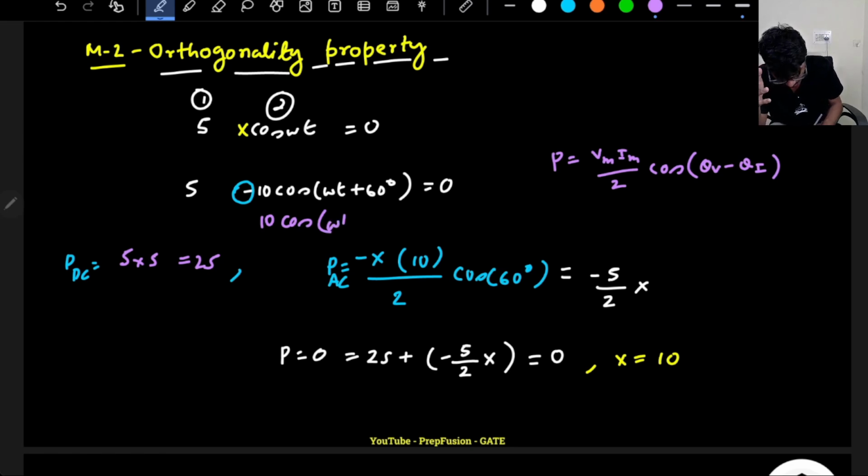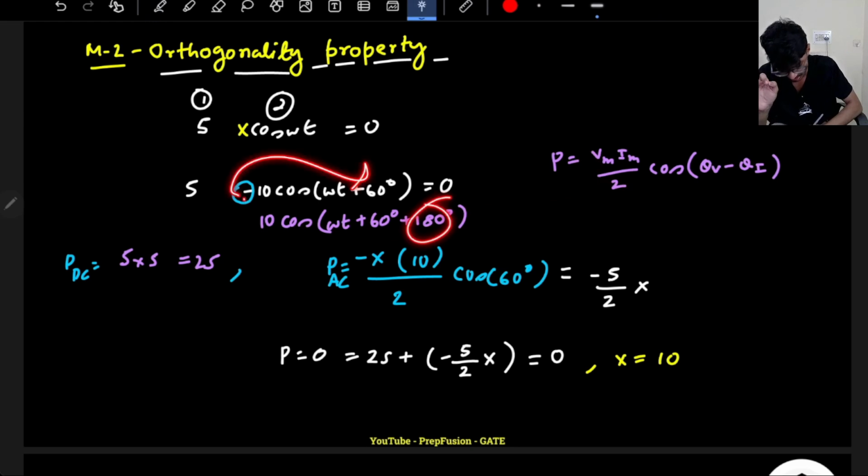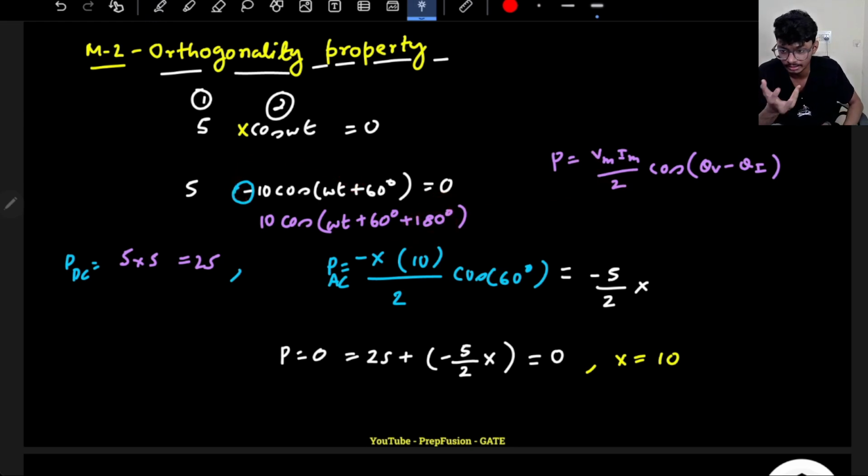It will be omega t plus 60 plus 180. You can simply do this, and then you can proceed with the simple positive formula. Ultimately you will get the same answer, trust me, if you do 180. If you just take this negative sign inside, because if you are getting worried or stressed about the negative sign,